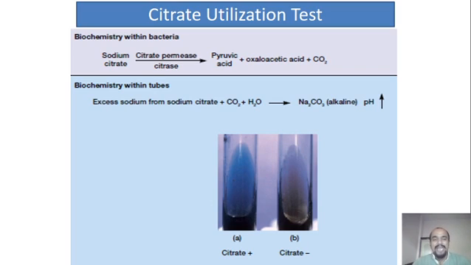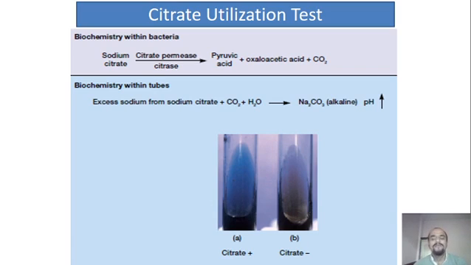So there is a lot of Na+ ions generated inside the cells, which are released into the environment, which combine with the carbonic acid. So CO2 plus H2O will form carbonic acid, and this creates an Na2CO3 alkaline environment around the cells, and pH becomes alkaline. So bromothymol blue is an indicator here. In acidic range it is yellow, neutral it is green, but when pH is alkaline it turns blue. So if the microorganism is producing citrase or citrate permease, a lot of alkalinity is generated in the medium which turns the medium blue.